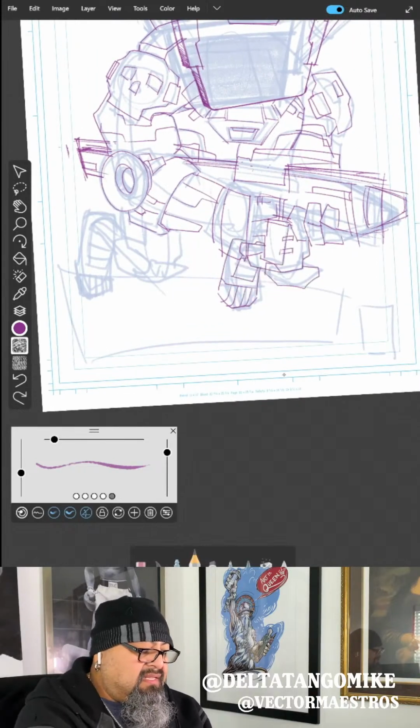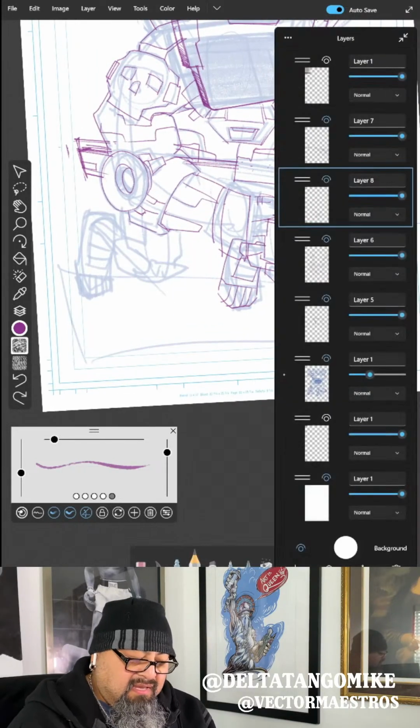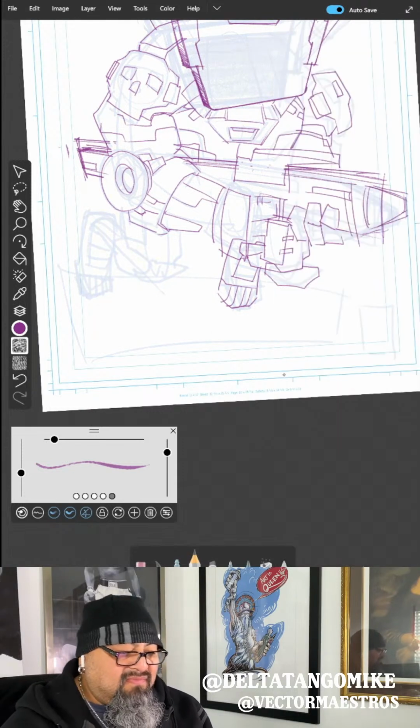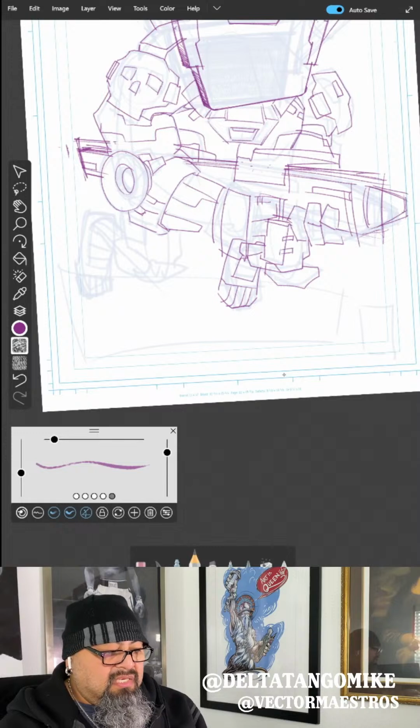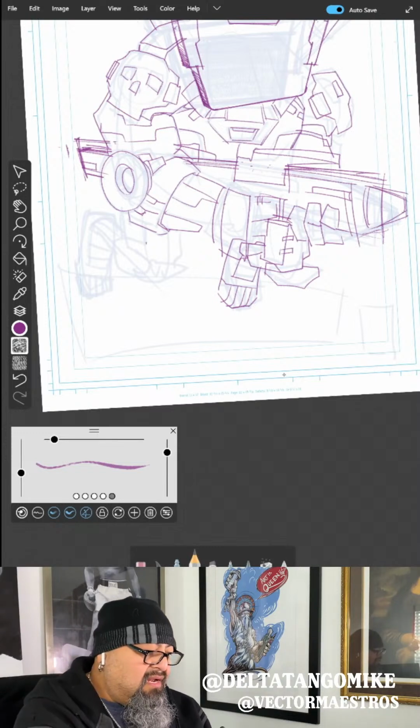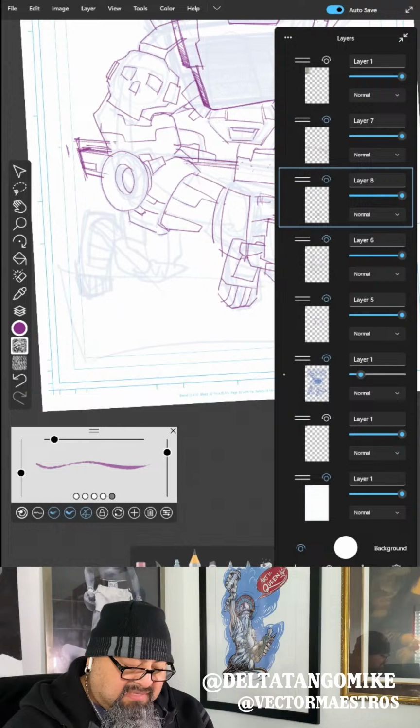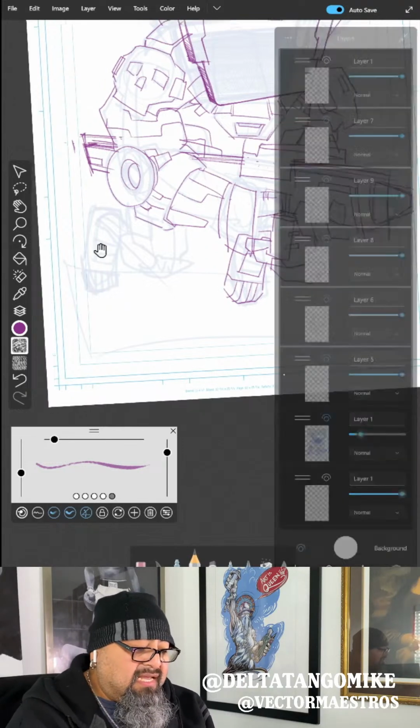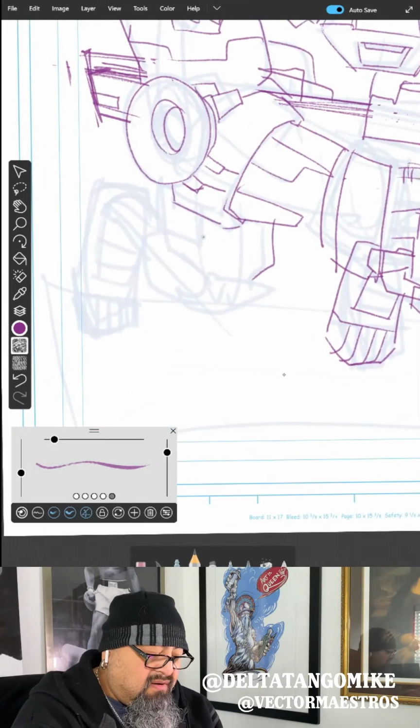Let me think about this. Let me see. Where is my sketch layer? Take it down somewhere. Maybe that's the best place for it to live for now. Maybe this is the one I need to fix. Okay, I'm gonna fix one of these legs. I'm gonna put them in different layers so that I can move the legs where I want them.